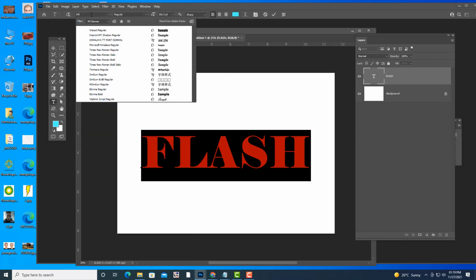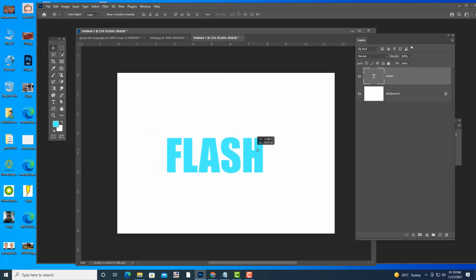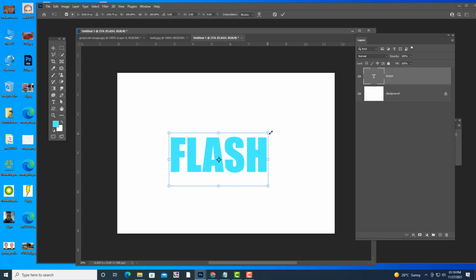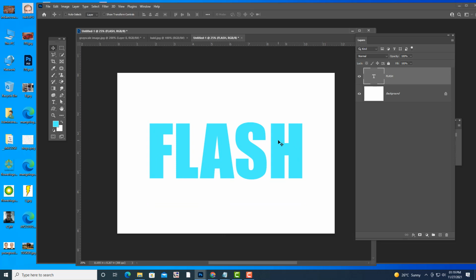We'll use Impact font here, flash. See, we can create small GIF animations in Photoshop.